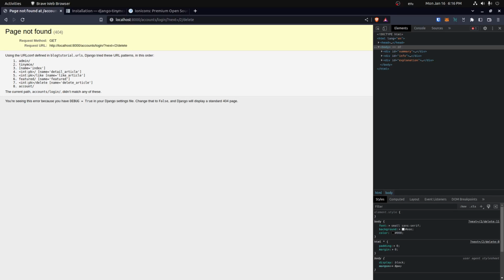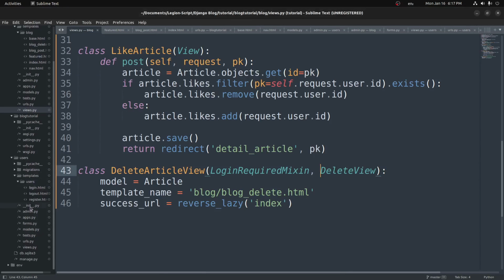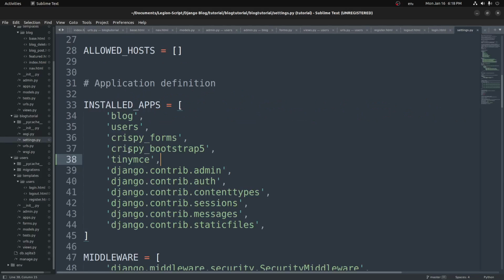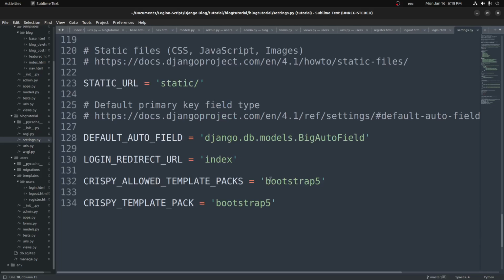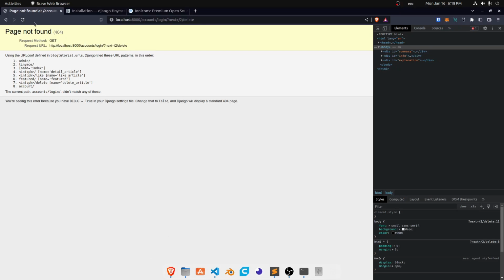So inside of our settings, we can add a login URL setting to actually tell it where to go. First we'll go to our users URLs. You'll see that we have a login name here, so we can set that name inside of our settings. So we go back to our settings.py, come down here, and we have a login redirect URL, but we'll also do a LOGIN_URL equal to login. And now we come back here,